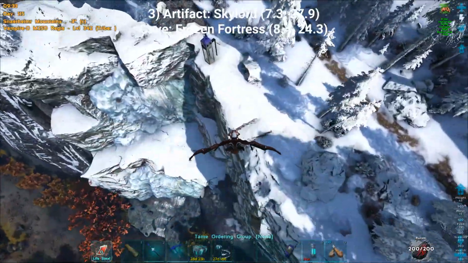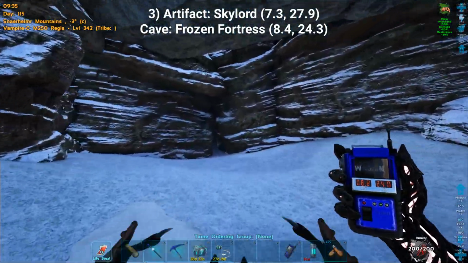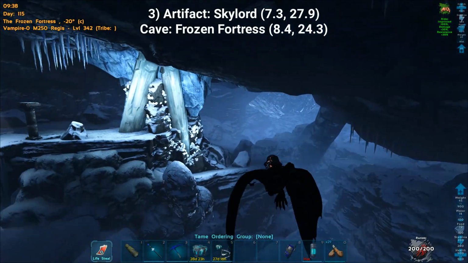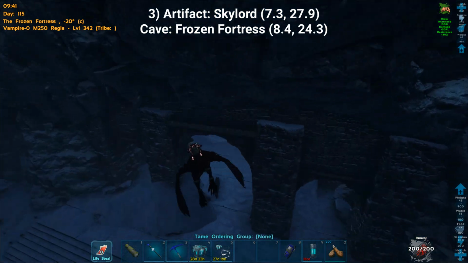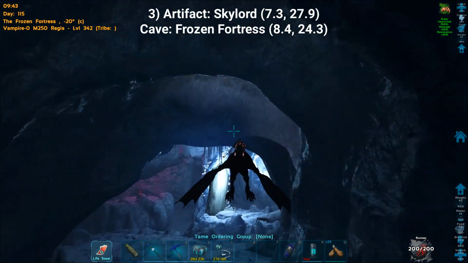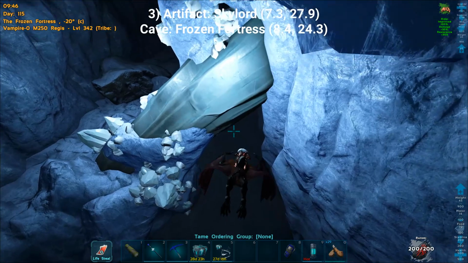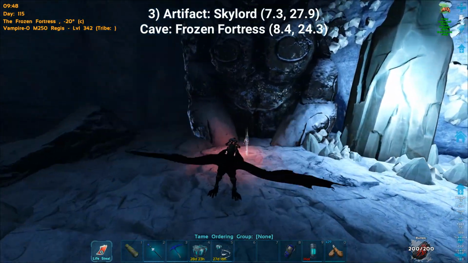Now this cave is pretty cold, so I would suggest that you carry some kind of an Otter or a really good level of fur armor. So the cave is at 8 by 23.7. Instead of taking the long route over there, you're going to take the short route over here, avoiding the Purlovias. So the cave has all of the creatures that are located in the island snow cave, like yetis, polar bears, Purlovias, and direwolves. And if you come over here, you get the artifact of the Skylord